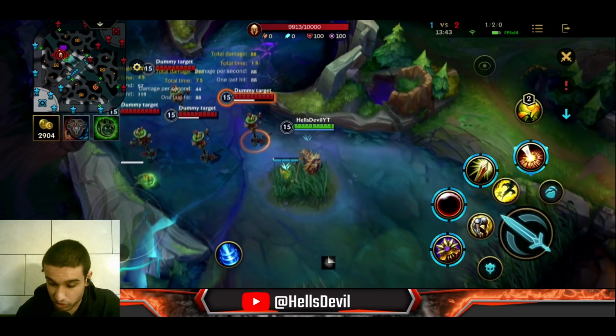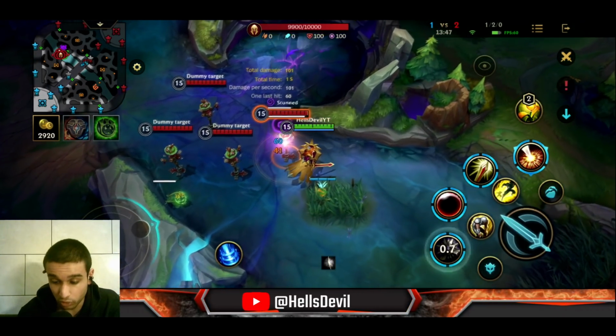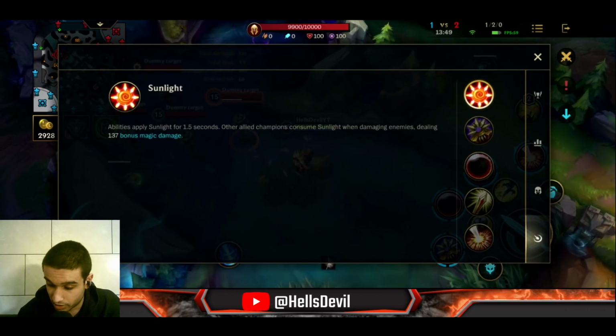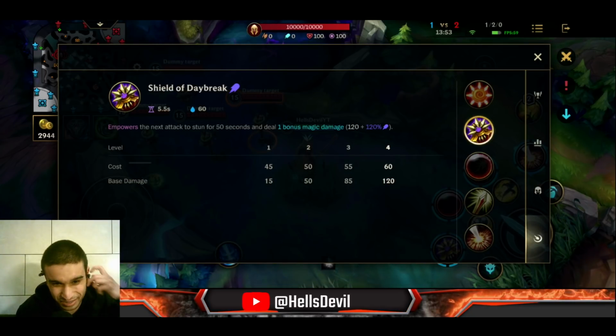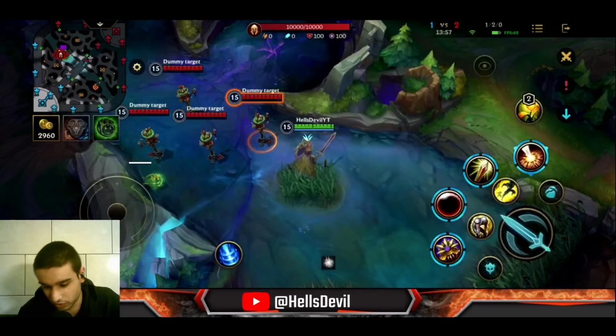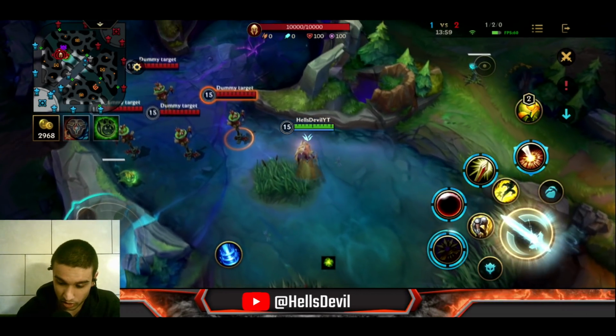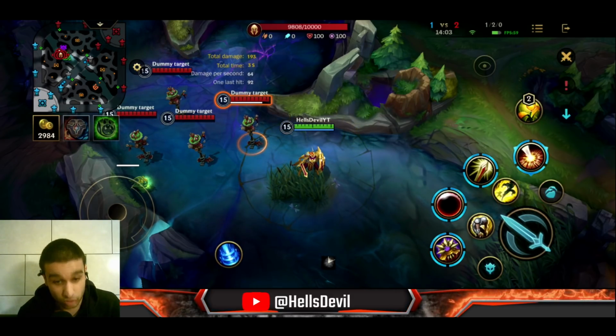Okay, on to the first ability. The first ability will empower your next attack to do bonus damage and to stun the enemy. And the stun actually lasts for 1 second. Here it says it lasts for 50 seconds, but it's supposed to say it lasts for 1 second and deals 50 bonus damage. So this can be really nice, right? You can just stun the enemy, apply the moonlight for your teammate to hit, you know, to deal burst damage,